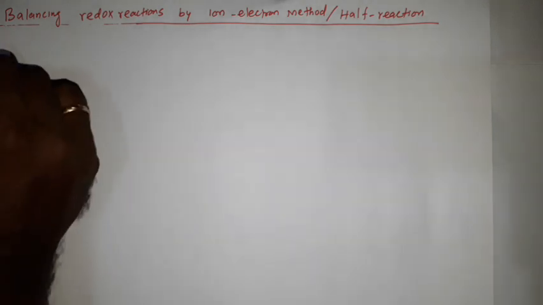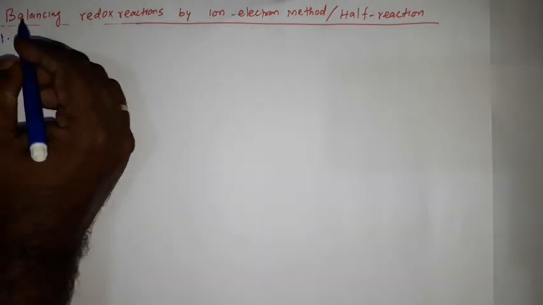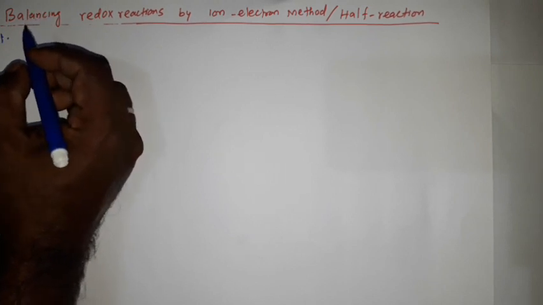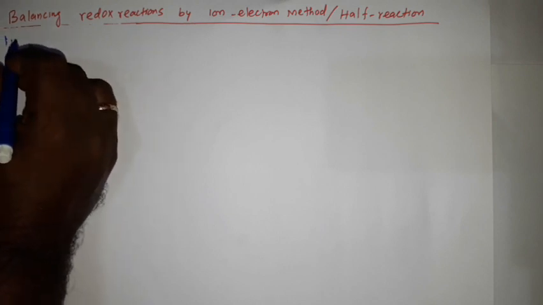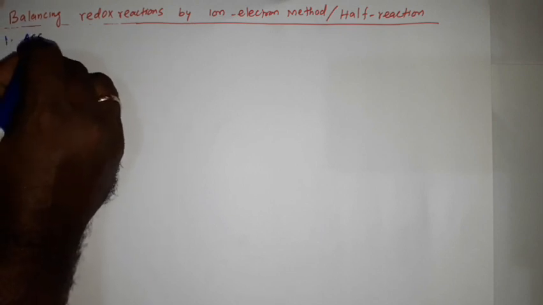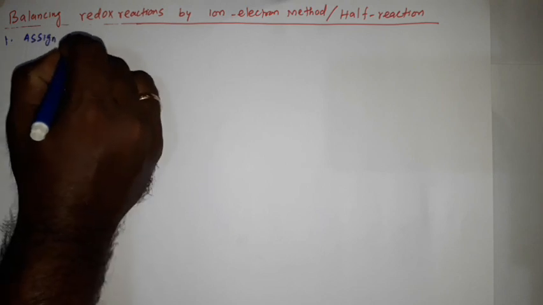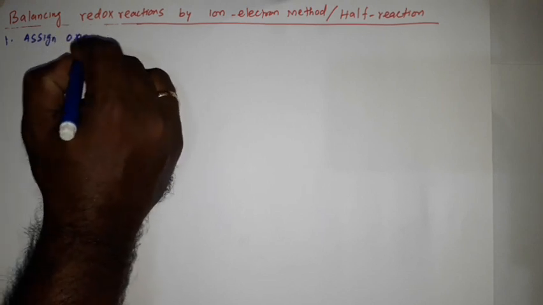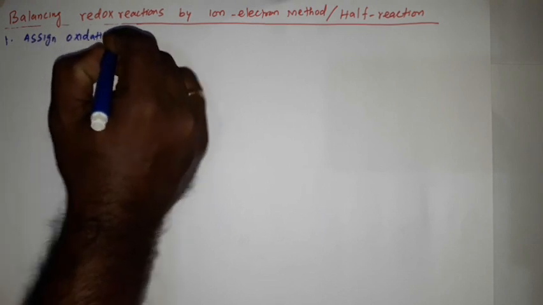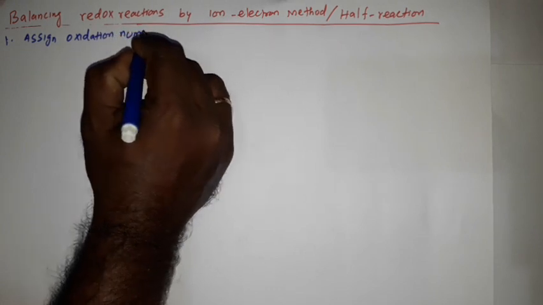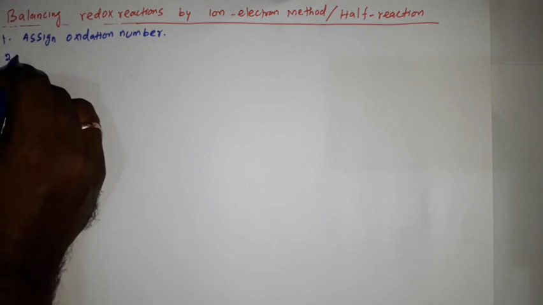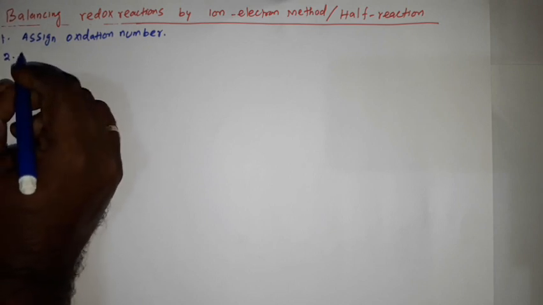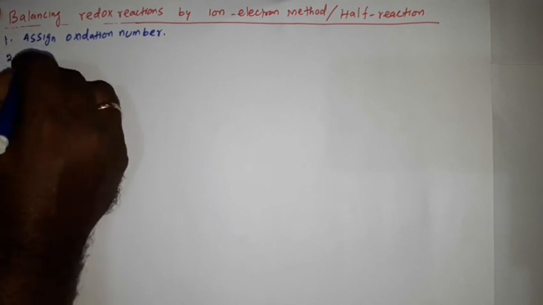So follow the steps. Take one notebook and write the steps, then apply the steps on the balancing. You can easily balance the chemical reactions. Step 1, assign oxidation number. Step 2, write